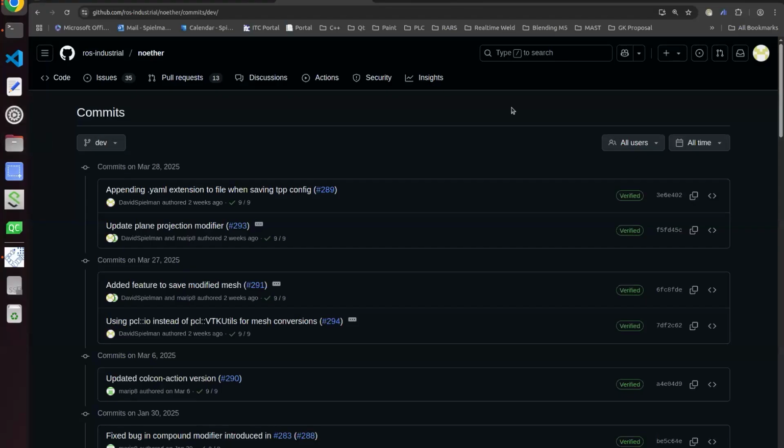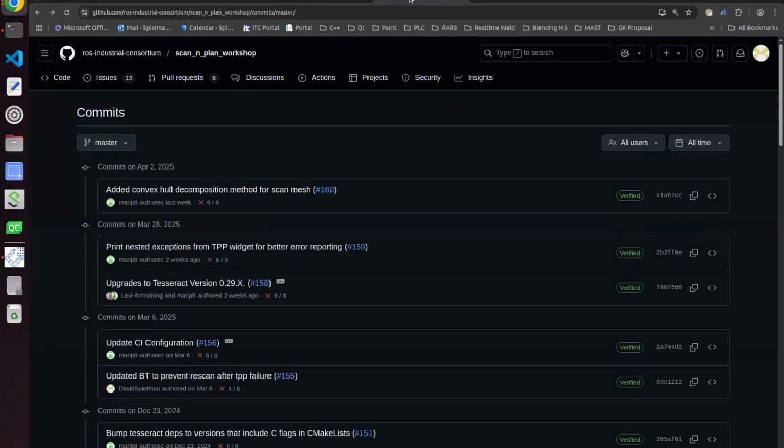Okay. Now I'm just going to hop over to Scan and Plan Workshop just to go over a few things that we've added there. Something that we added to the Scan and Plan behavior tree is that we're preventing a rescan after a toolpath fails to load. Previously, in the previous pipeline, whenever a toolpath failed to load or failed to be generated, the behavior tree would kick you back to rescan the workspace, even if you had an existing scan.